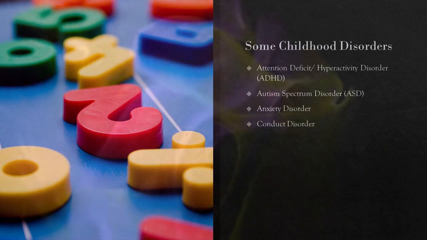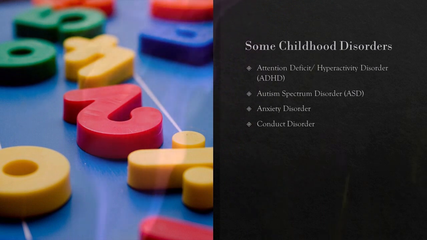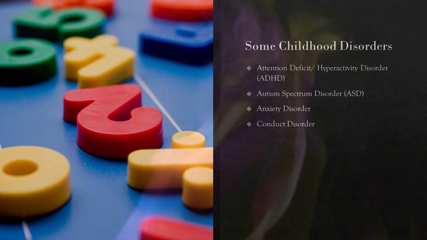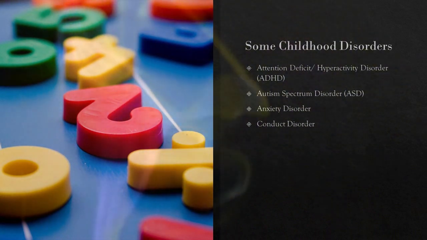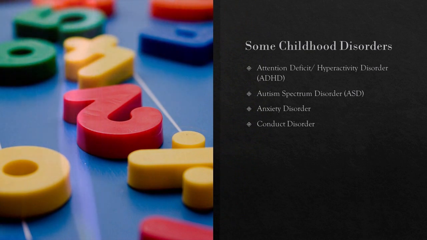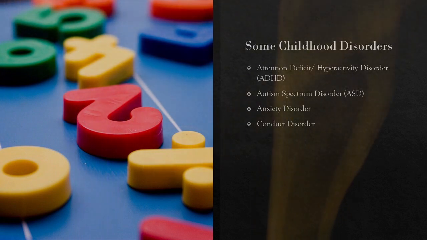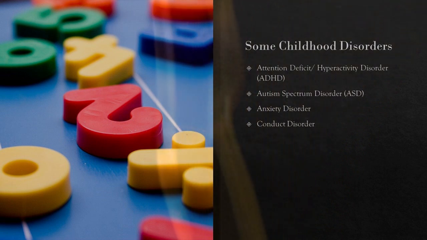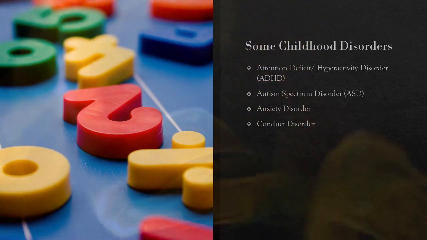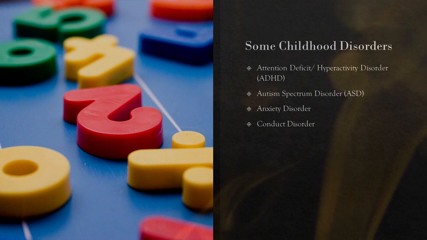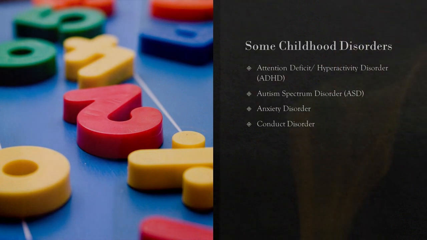Now, one of the very common ones that you will often see is anxiety disorder. And anxiety disorders in children really encompass a range of conditions. And these include things like generalized anxiety, separation anxiety, all the way to specific phobias. And we'll examine how the neural circuitry and environmental stressors really converge to contribute to the onset and persistence of anxiety disorders.